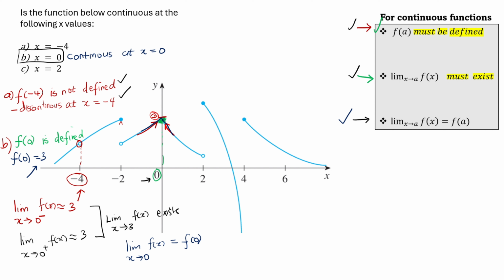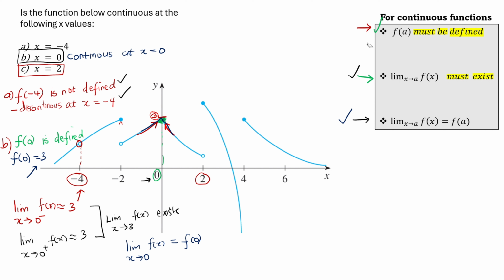Do you see this? This is how we prove continuity. What about the next case? Is the function continuous at x equals positive 2? So at x equals positive 2, is the function continuous or not? From the first observation that I've already hinted at, it is discontinuous because you can see that these graphs are disconnected. They look like different graphs, but it's the same function. So we already know that there is a discontinuity at x equals 2, but we have to prove that in a more mathematical or algebraic way by using these three conditions for proving continuity.